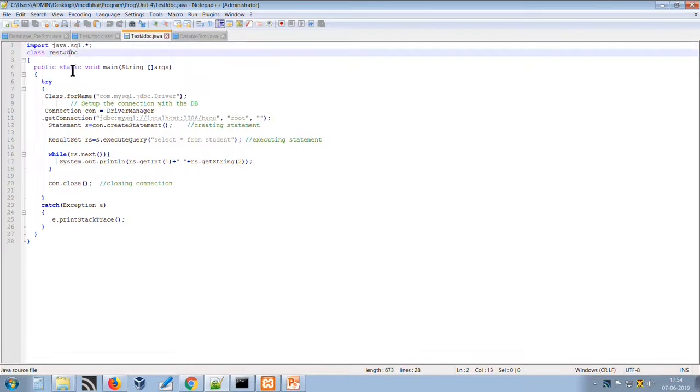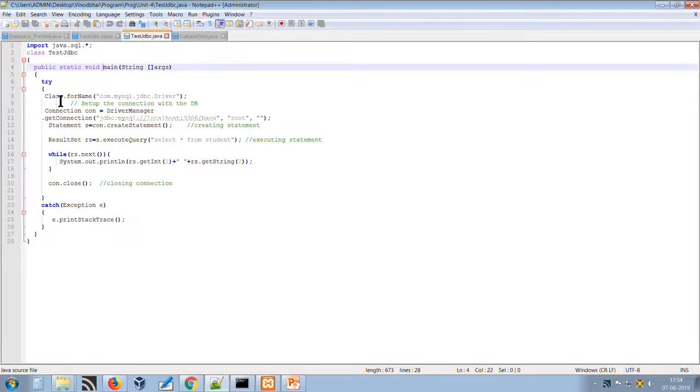Under that we have written the class definition, then the main method, and under the main we have used a try and catch block. It is very important. All the database connection statements, whether it is the driver loading statement, connection creation statement, statement creation, or result set statement, must be in a try and catch block.